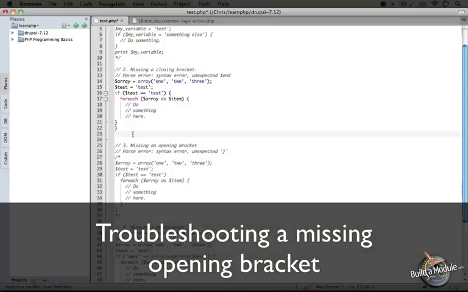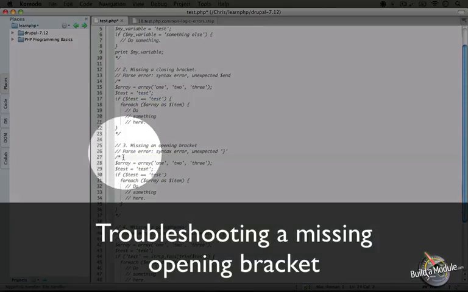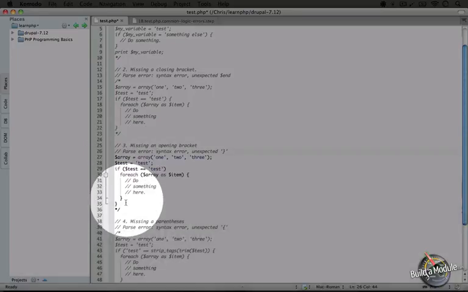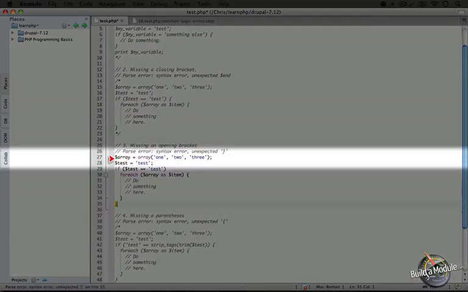Okay, I'm going to go ahead and remove those brackets and recomment this example. And let's go ahead and go to the third example here. I'm going to uncomment it out. So in this one, we're setting the same variables as we did in our previous example, a simple array and